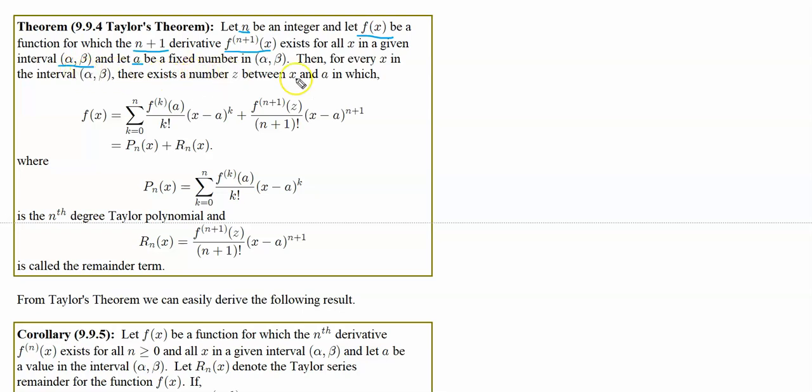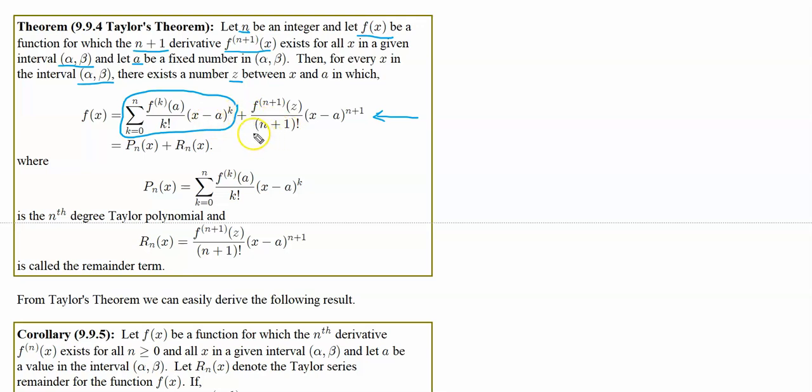Then we have this statement. For every x in the interval, there will exist a number z that is between x and a. Then we have this equation right here which holds. So this equation states that f of x is equal to, and you will recognize this as being your nth degree Taylor polynomial for the function f of x expanded about the point a,